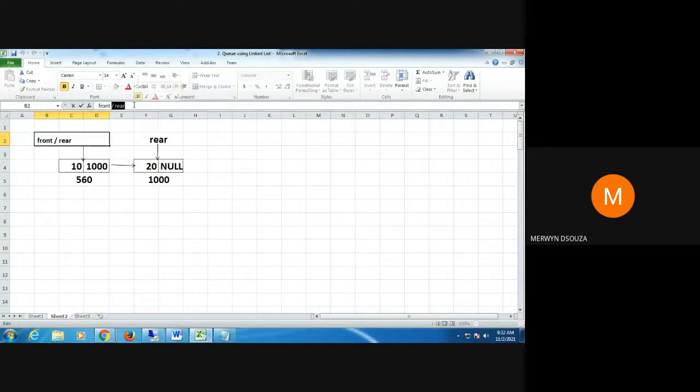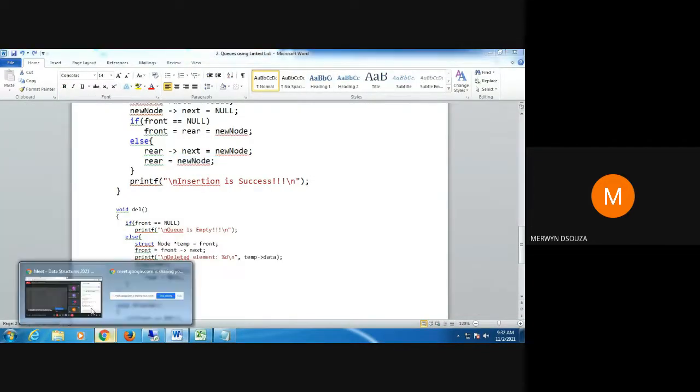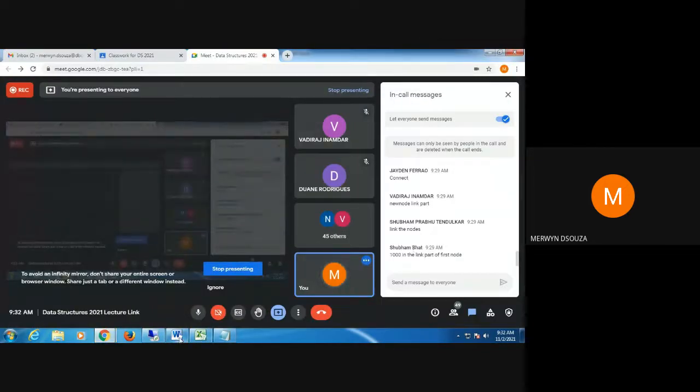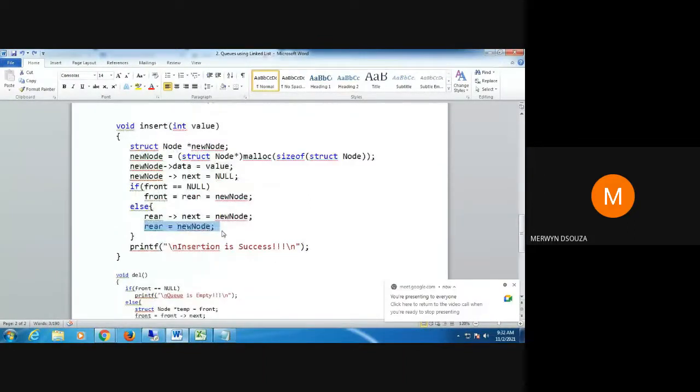So front is at the first node and rear is at the last node. This is the current status of your queue. Is it okay? Any doubts about how this insert function is working? Is it clear? The if part and the else part of the insert.